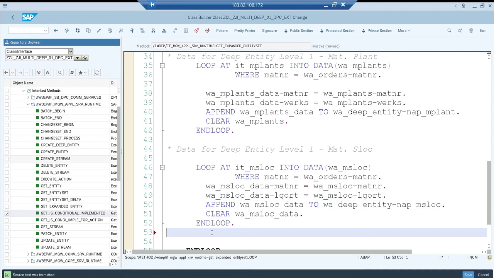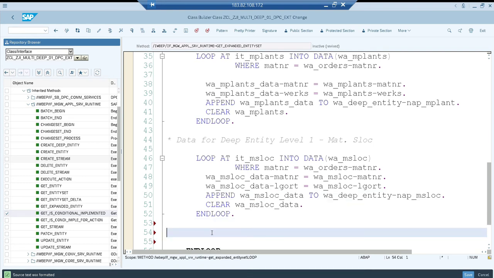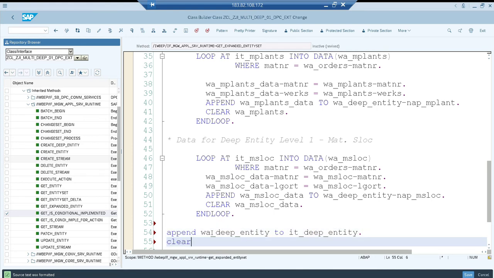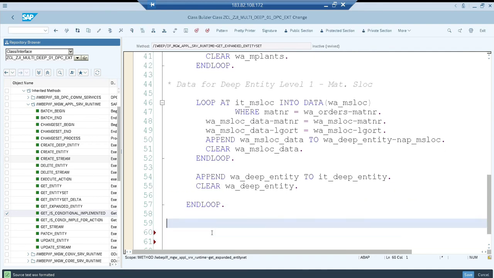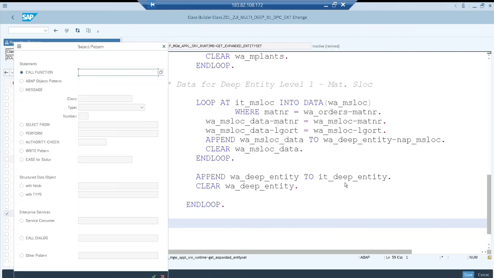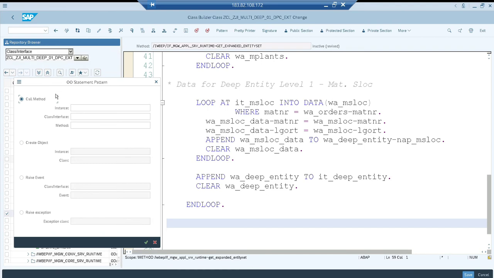So finally I need to append everything. This is one record, right? So append my deep entity to IT deep entity, clear it deep entity. That's it. So once the end loop is done, you need to pass the deep entity into your ER entity. So what is the output, means export or import parameter? I think it's export parameter of this particular class. So the class is this one,